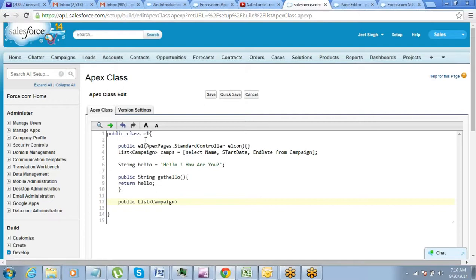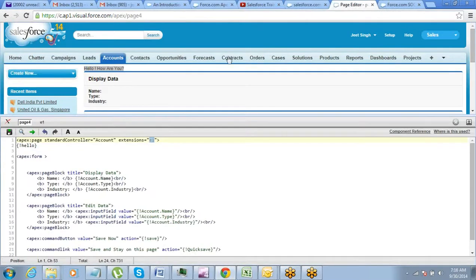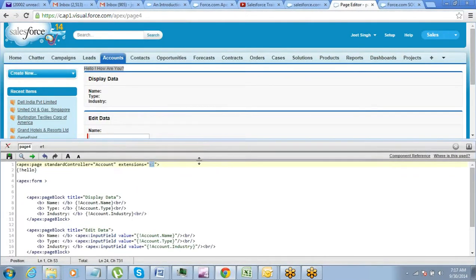Public list of campaign. Right. Now you can come here and display the list.